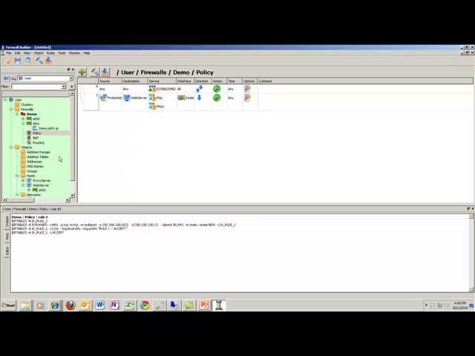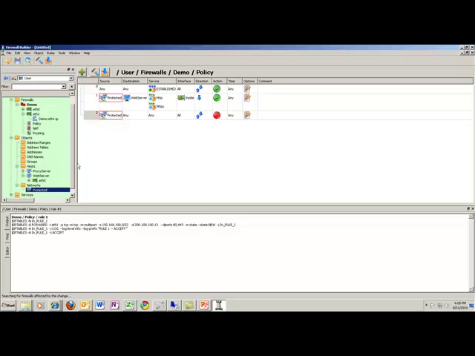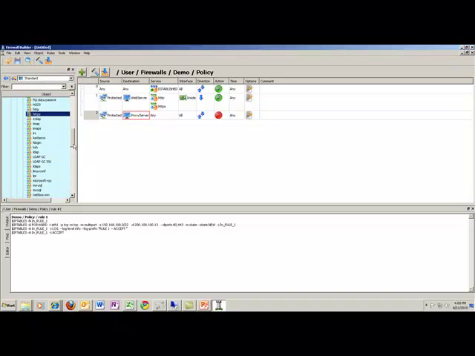Let's do one other one here for the proxy server. It's against the same thing, isn't it? We're going to allow our protected network. Actually, we've got to do a new rule. We're going to add a rule to the bottom. We're going to add our protected network, and the destination here will be the proxy server. And the service that we're going to use, again, we'll go back to the standard services and go on down